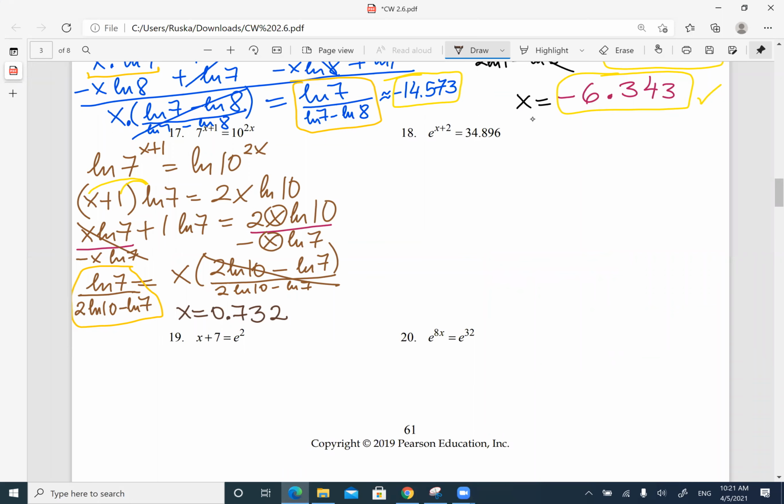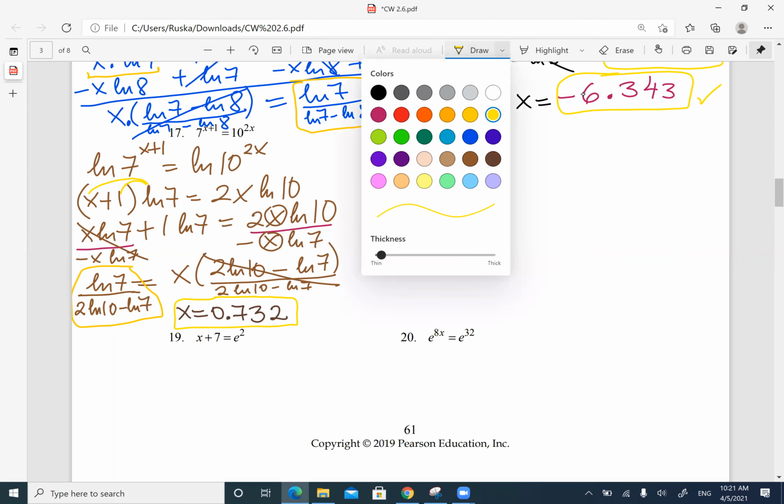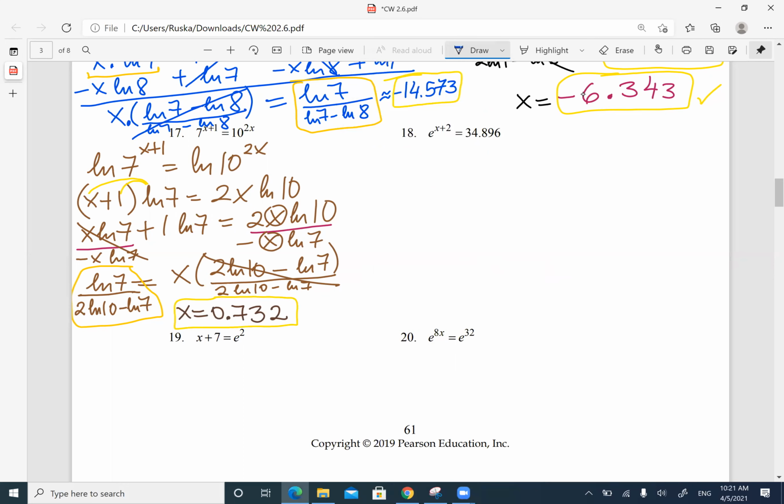Okay, any questions so far? Okay, so that's how you do those. Now let's finish everything. Let's do all of those. We have time. Let's finish it. So we're going to change. We have exponent equals number. So here we're going to switch it around, right? So we're going to have the base. We're going to change it to a logarithm, right? So we have x plus 2 equals logarithm with base e. If the base is e, it's going to be ln of